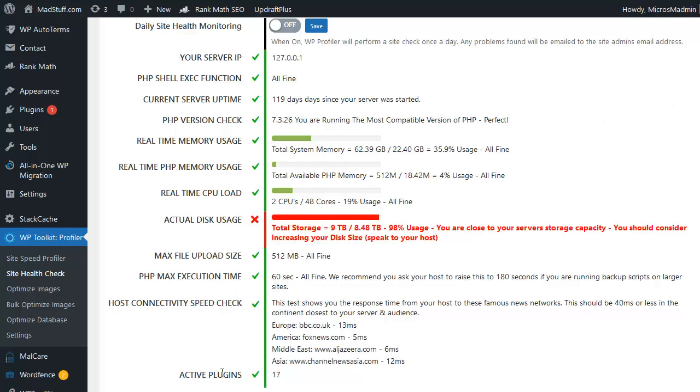Now, most of these are things that relate specifically to your hosting, except the active plugins down here, which is totally under your control, and you should never run too many plugins on your site because that can cause problems. But the rest of these settings are down to your website hosting. So if anything does turn up as a red, as a warning, the best thing to do is take a screenshot of it and get in touch with your web host,